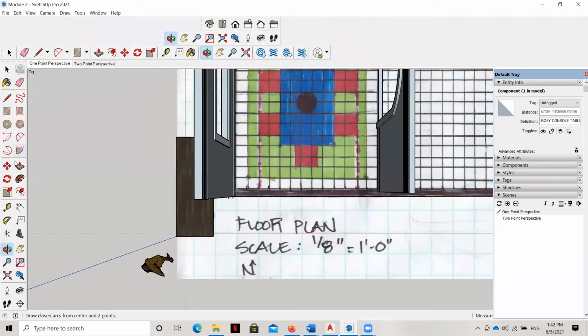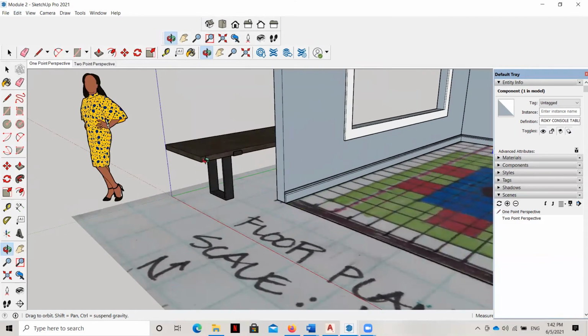And where is it? It's right here. So let's go ahead and once again, we'll move it. Wow, it looks a lot like our one that we had selected earlier.